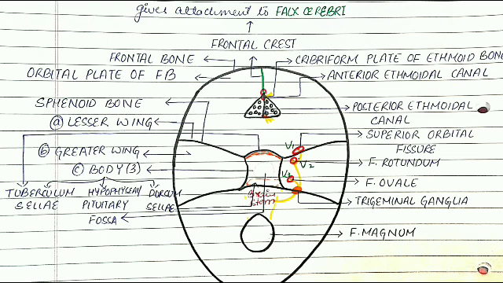Now what is left? Okay, here this is foramen magnum. I've already told you that the brainstem descends downwards and forms your spinal cord, and which is the foramen from which it descends? It descends in the foramen magnum. Okay, so now we are done with this. Now moving on to the next slide.